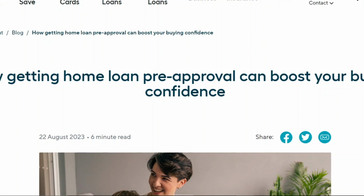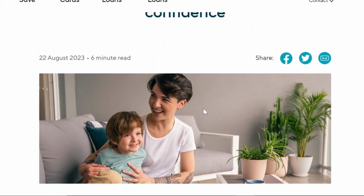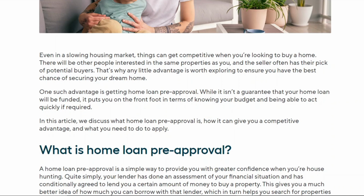How getting home loan pre-approval can boost your buying confidence. In a slowing house market, things can get competitive when you are looking to buy a home. There will be other people interested in the same property as you, and the seller often has a pick of potential buyers. That's why any little advantage is worth exploring to ensure you have the best chance of securing your